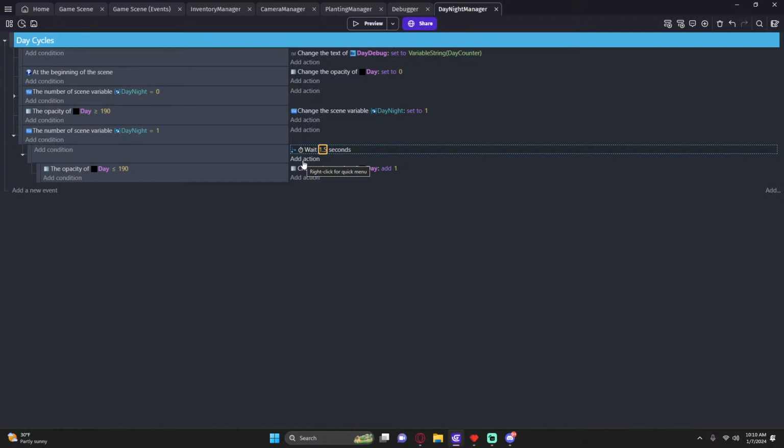As in, at an X amount of seconds, time passes? Or what do you mean, Riley? Elaborate. And we're just going to be working backwards here. So if it is 1 and our opacity is greater than or equal to 0, we want to then subtract 1. And now we're just working in the opposite direction. And then now that we have a counter going forward and a counter going backwards, we very simply